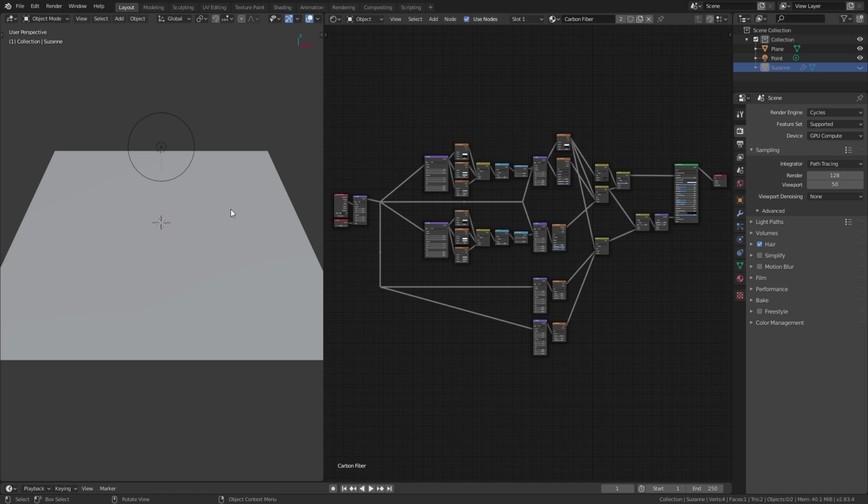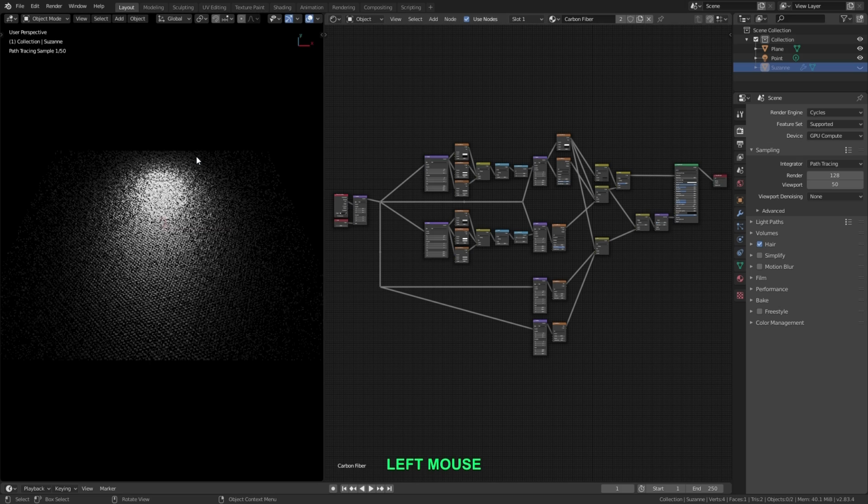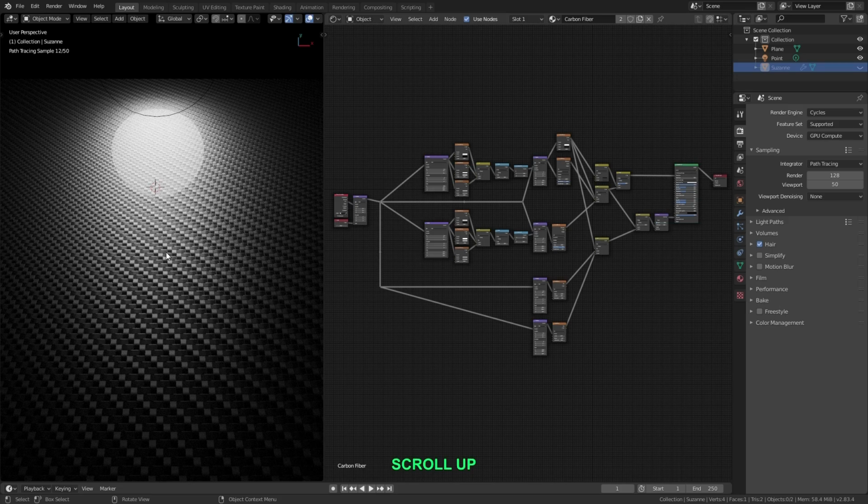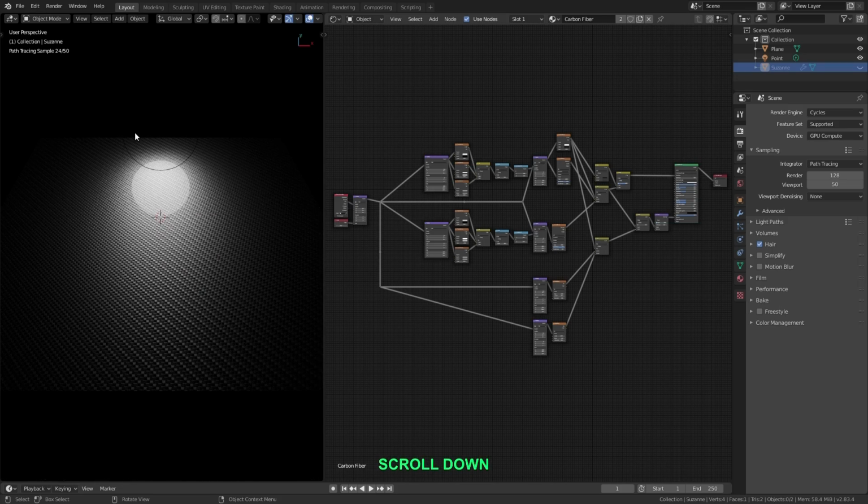So here I'm working with a plane again to make things easier, and I've set my render engine to Cycles over in the render properties. So let me press the Z key in the 3D view and get a rendered preview going. So this is our shader so far. And in this scene I'm only using a point light for lighting now so that we can focus on the